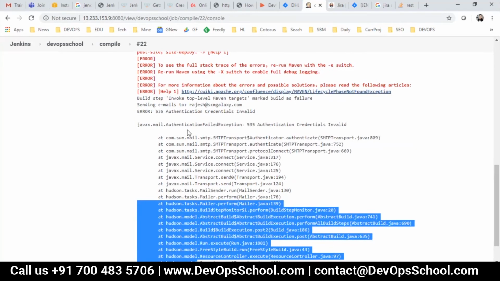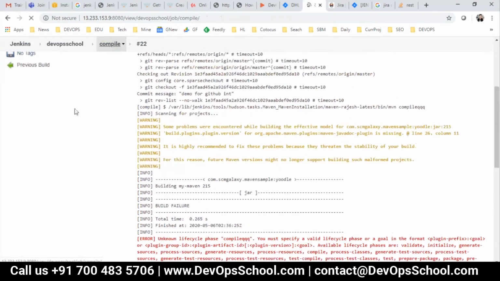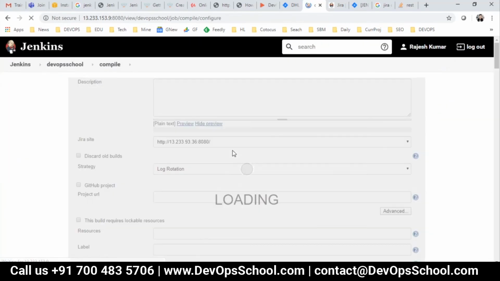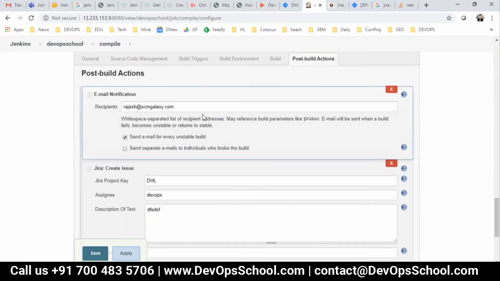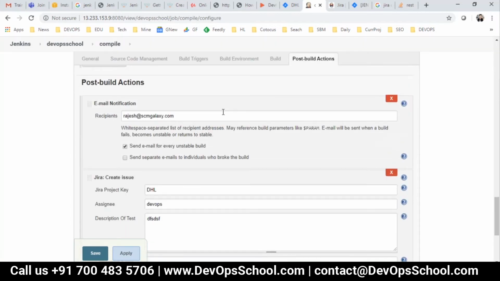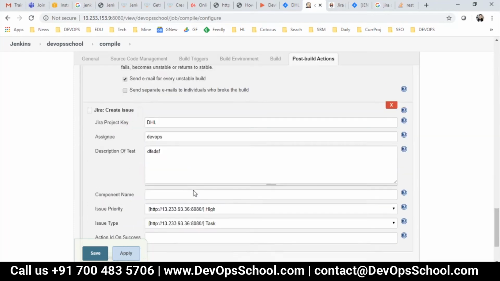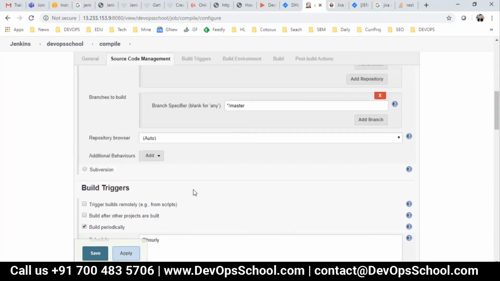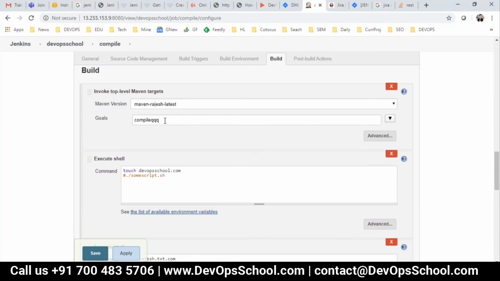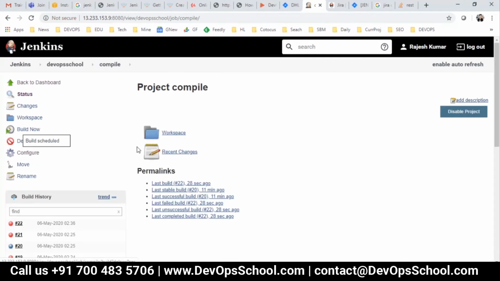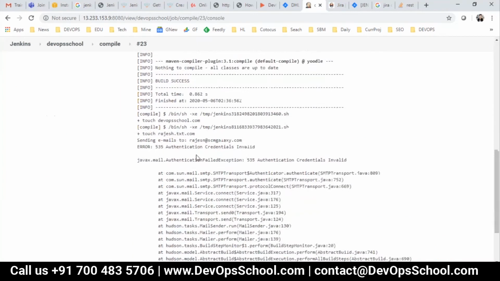This is expected because you have to pass it. There's a lack in the documentation also, but if you keep trying it, this is Jenkins open source, so nothing can be done. We cannot blame anyone. This is a past one.